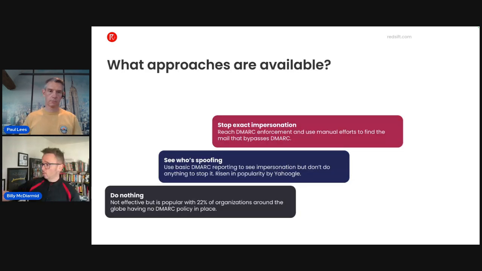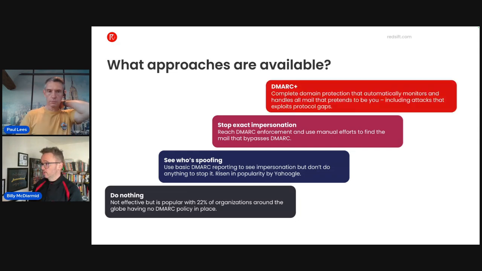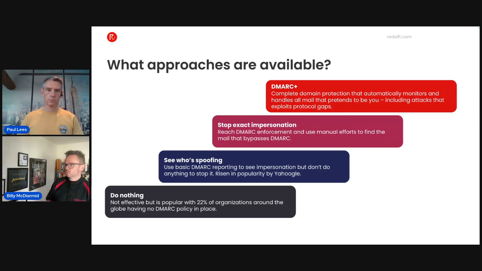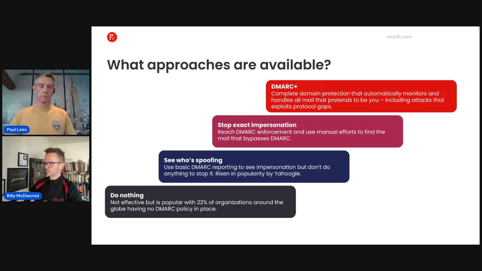And that's why they often just stop at these stages that I mentioned, and why they stop at a step in these approaches. But actually working through these different approaches is not a complicated thing to do when you work with the right people. When you start your journey with Bespin through Patronum and work with trusted advisors like Paul and like Redshift, it's actually very, very simple and very, very straightforward to not just get to reject and quarantine, but get to a stage of confidence where you're at what we call DMARC plus,